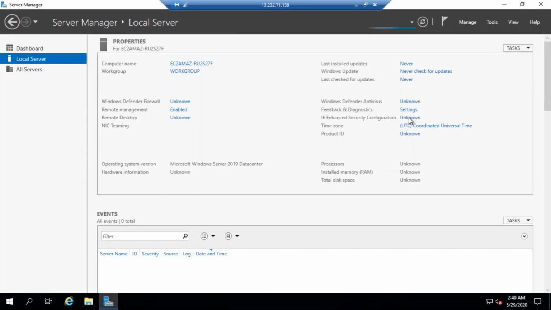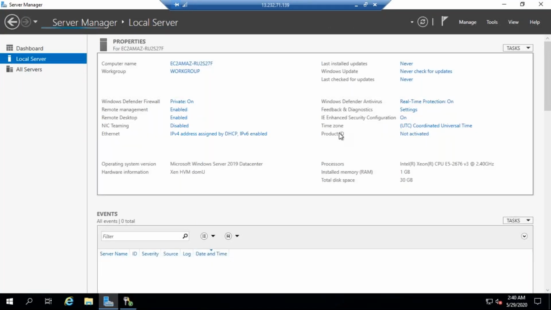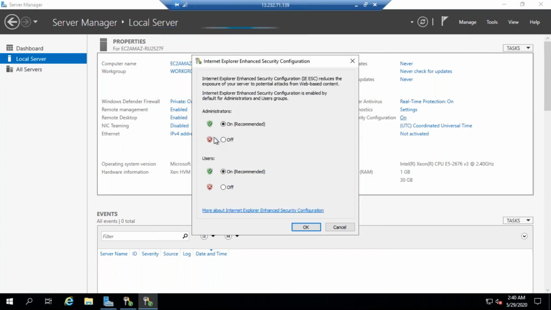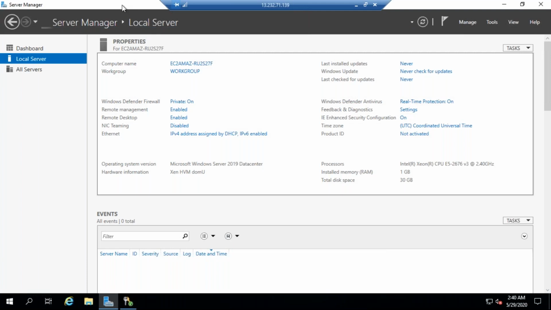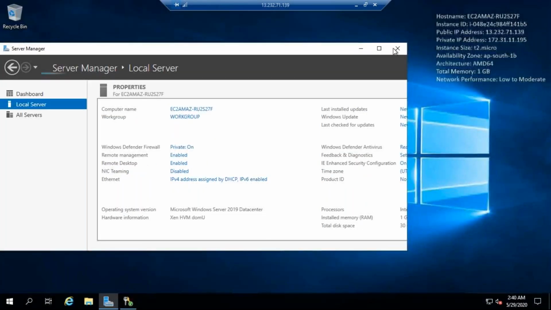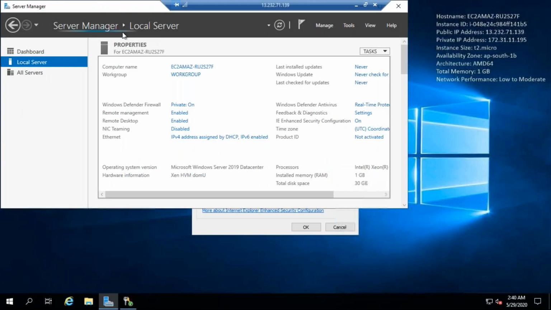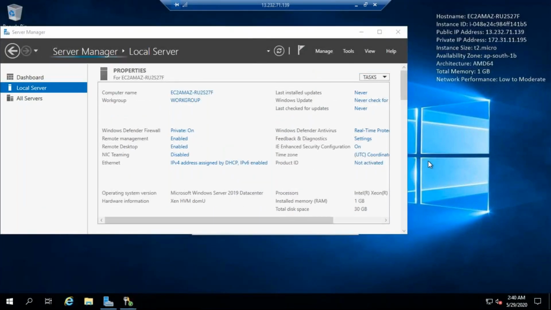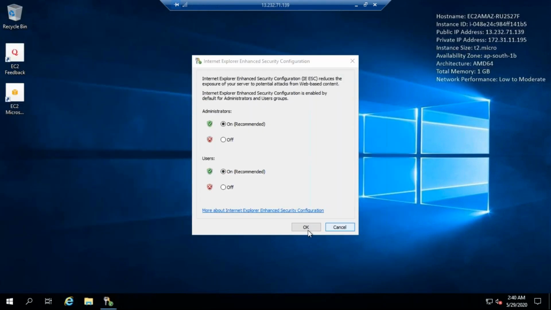Click this enhanced security configuration. Click on this. Turn off this. Click OK. Come down. Remove this. Okay, close this particular window. Whether it is closing or not doesn't matter. If possible, you can close it. Otherwise, leave it.